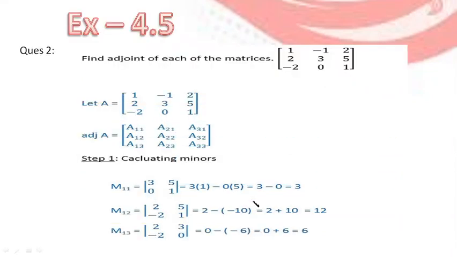Now let's start discussing some questions. Let's take question number 2. We have to find the adjoint of this given matrix A. What is adjoint? Adjoint is the transpose of cofactor matrix. So first of all, we have written a general way of adjoint A. We have taken the transpose and we have written it in this format. Now we will calculate the values and we will input them in this equation.